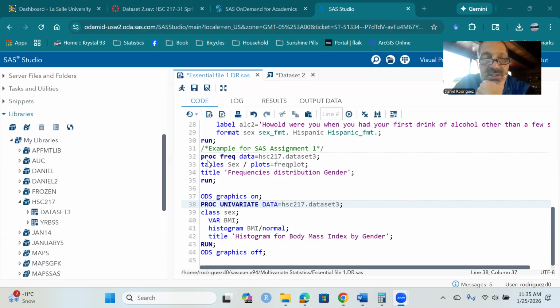So this procedure is called PROC FREQ. If you type that out, it'll show up, and then we're going to use the library in which you stored your data set. So in this case, I have data set 3 stored in the file called HSE217. The tables statement is used to create a table because we have a distribution table here, and the distribution is for the variable sex, and then I'm going to plot a frequency plot, and then I gave it a title, frequencies